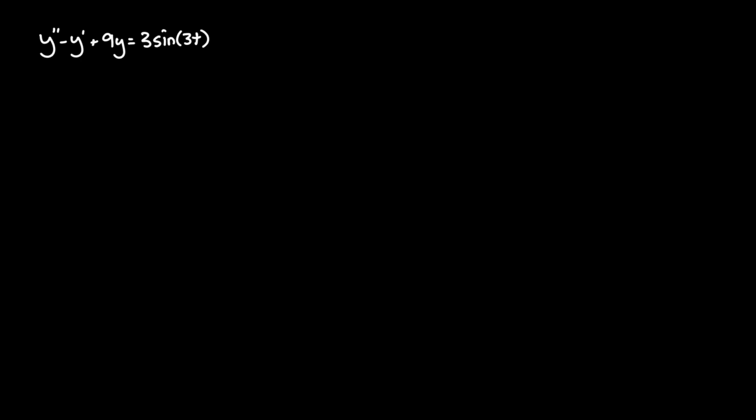Find the particular solution for the differential equation y double prime minus y prime plus 9y equals 3 sine of 3t. So as always, we need to find our homogeneous solution, which would rearrange this equation to be the normal left-hand side equals the right-hand side of 0, where we create our auxiliary equation of r equal to the amount of derivatives